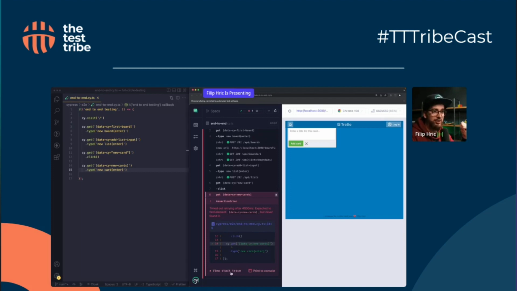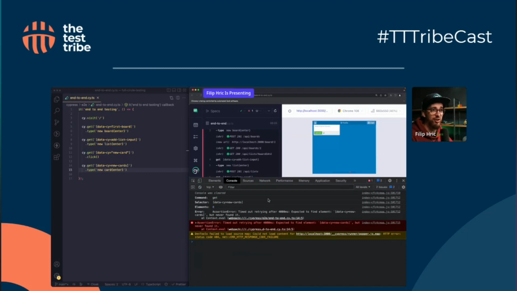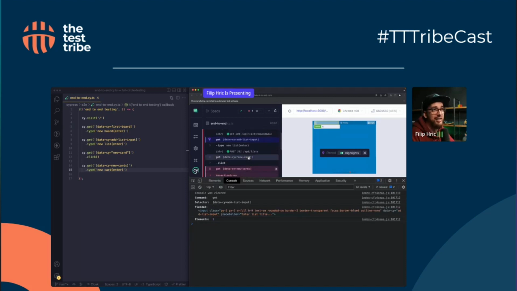I can look into the stack trace, and I can even print that into the console. Since we are in a real browser, when I open the console, I can see the error, but also for every command, I see detailed information. For example, this get command, which is a command for selecting an element on page,